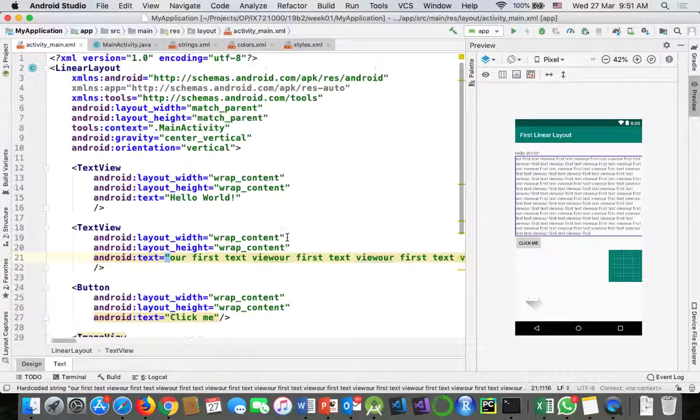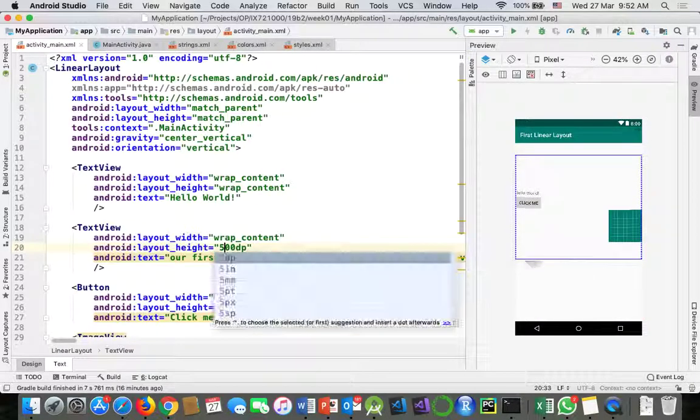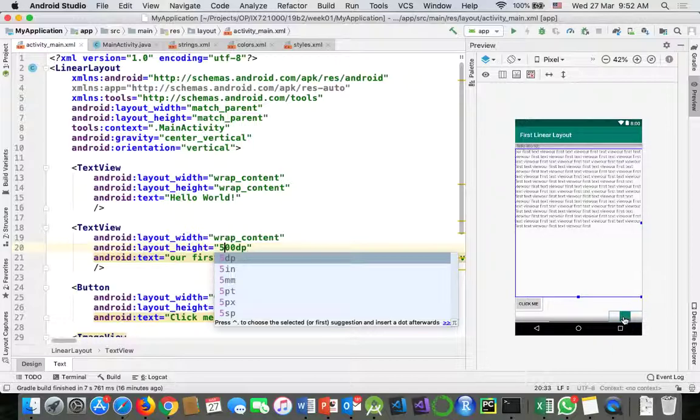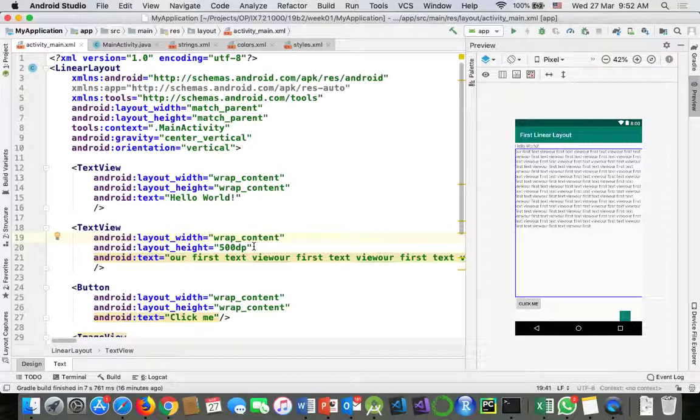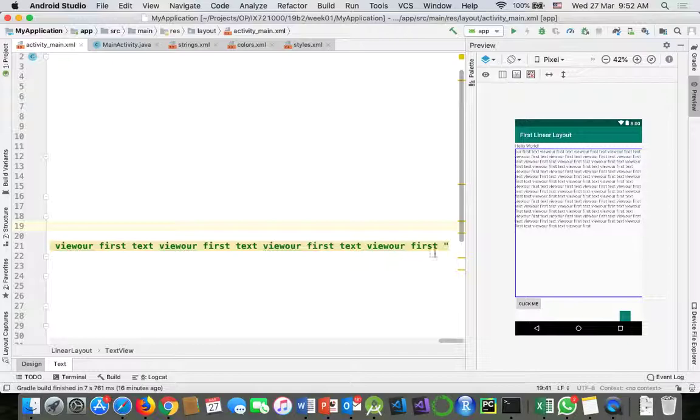So let me go back here, and then say width is fine, but height we want to fix. I say that I want to have 400 dp. Look, that component is again going out. Maybe I can make it 500 dp. Again, that component is going out of the screen. I think in the newer version they have changed a few things here. But anyway, I say it like that, and then now I try to give my